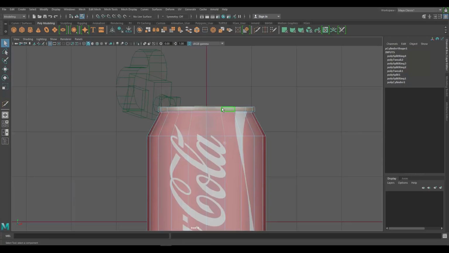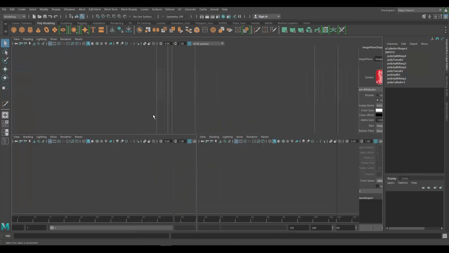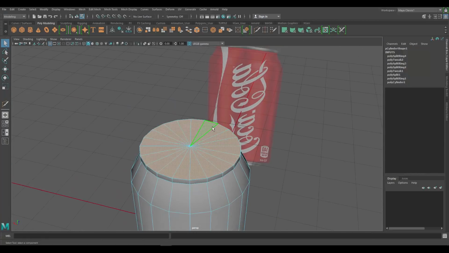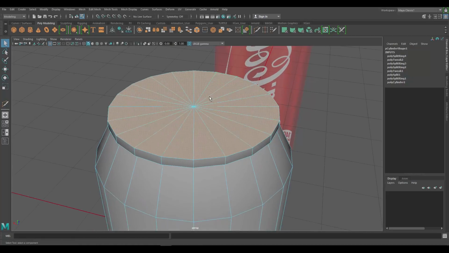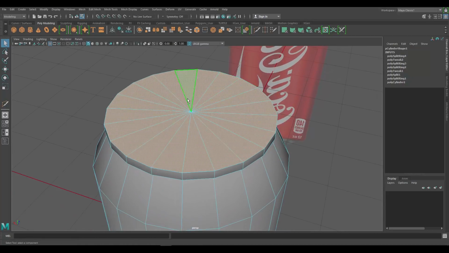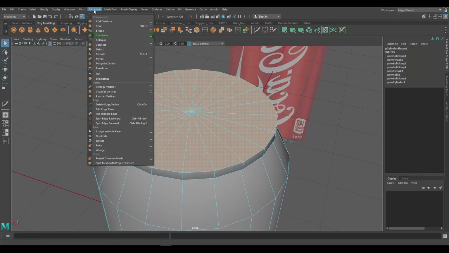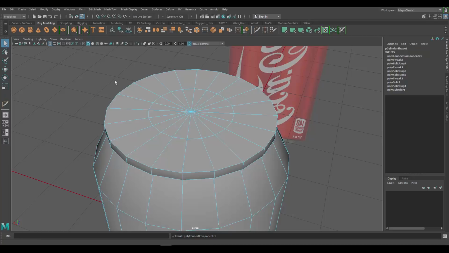So to deselect these guys, hold down the control button. And you can see there's a minus sign there. And then just drag on these guys. And as you can see, now we have only the top one selected. So with these guys selected, we're going to use a different tool. What we're going to use is the connect tool. So that's the connect. If you click on that, as you can see, it already created an edge loop